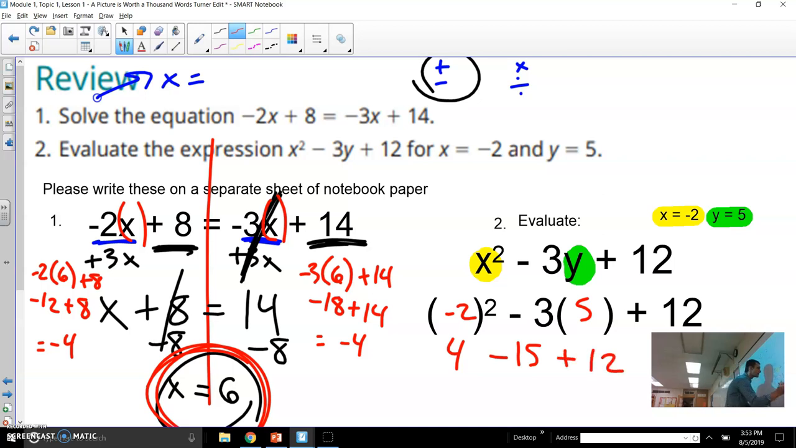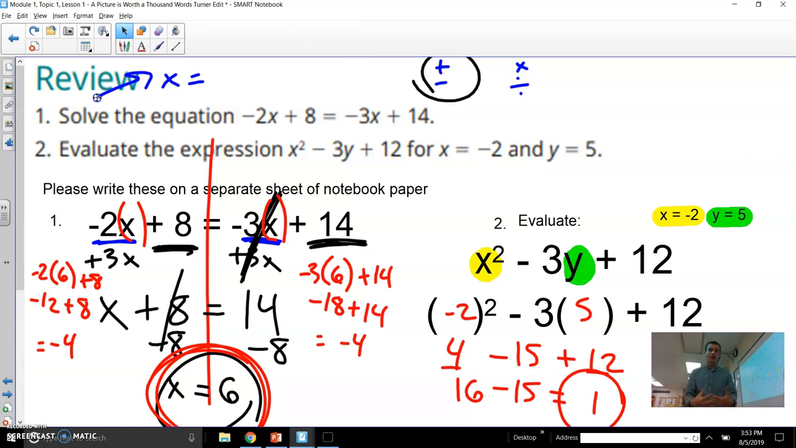And then we add 12 to that. So now my goal is just to add 4 minus 15 plus 12. What does all that put together? And honestly, I like to put together things that are easy first, like 4 plus 12, that's 16. And if you go ahead and subtract 15, you get 1. And now we have evaluated that expression for those values. I hope this